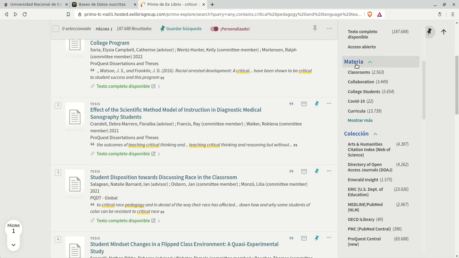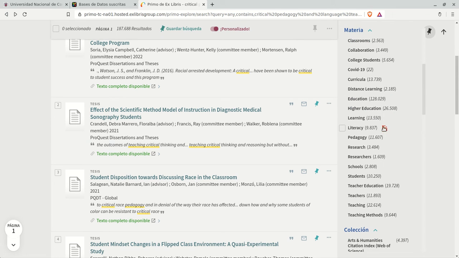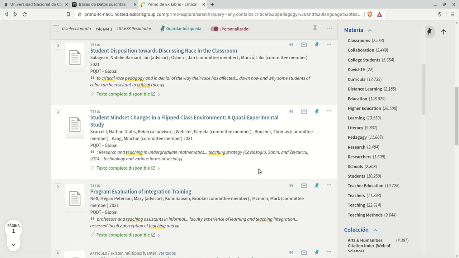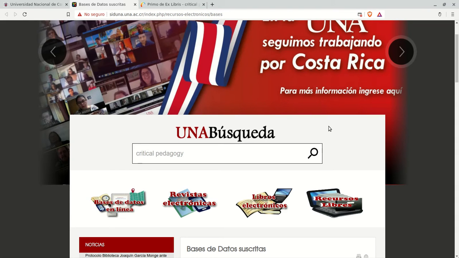See, I can use subject filters and show more. See, education, higher education, pedagogy, research, and so on. So I can check those that I'm interested in, and I can keep on refining my search and find more concrete material. I'm going to go back to the library's website,